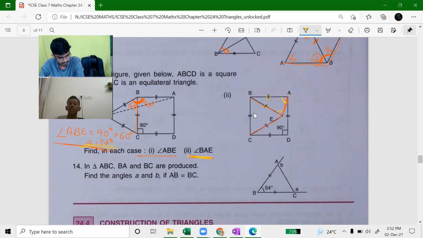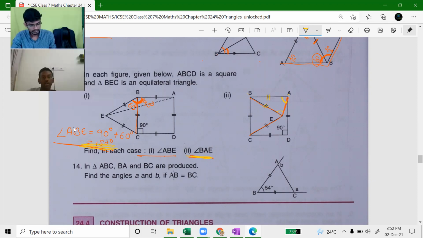180 minus 150 is... 150, beta. See, sir, here we have to write 150 degrees. Angle ABE is 150 degrees. Angle ABE plus this angle, which is angle BAE,